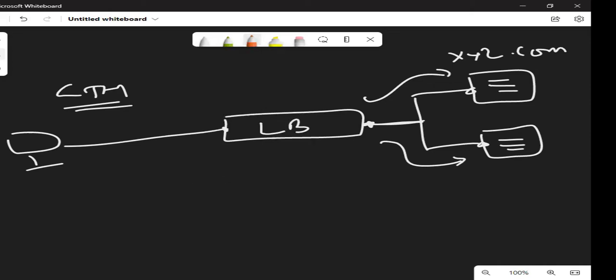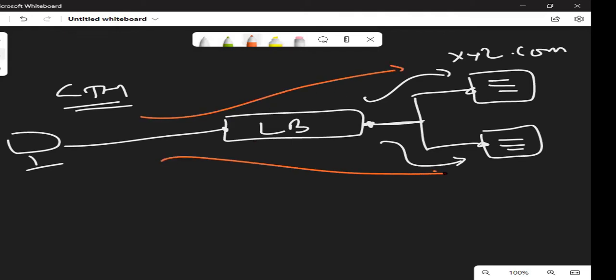In that scenario, traffic is coming over here, traffic is coming over there. After some time, this server is not responding. A typical load balancer will not be able to understand which end server is ultimately taking care of the requests.